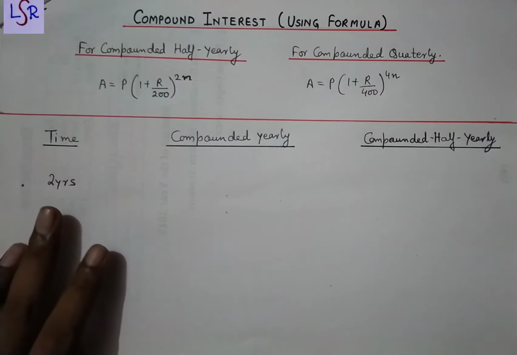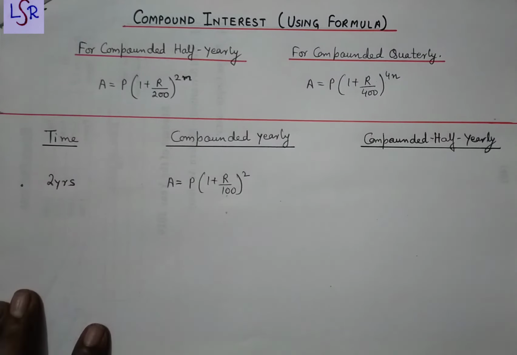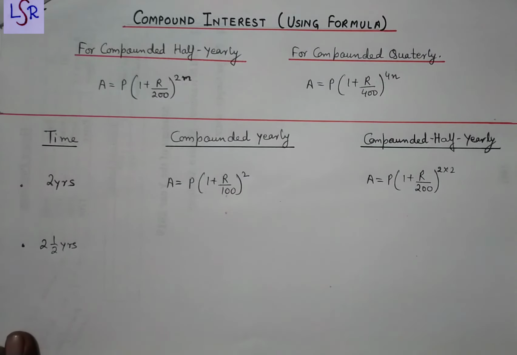In case of compounded yearly, it will be written as A equals to P in a bracket 1 plus R upon 100 to the power 2. Now in case of half yearly, it will be A equals to P in a bracket 1 plus R upon 200 to the power 2 into 2, that will be 4. Now suppose if we are having a time of 2.5 years, in that case when compounded annually it is calculated as